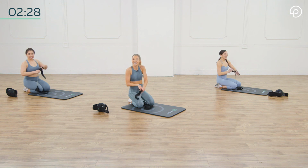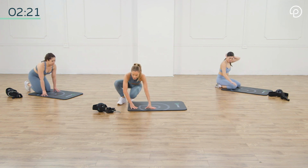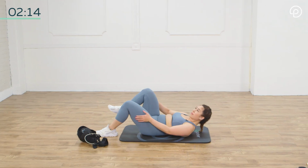How'd that feel? I felt it. Roll your wrists out. And then we'll turn the mats. And let's stretch out our glutes. So you can either follow Danny all the way down into a figure four in the back or taking a